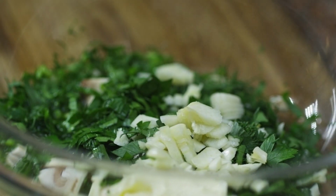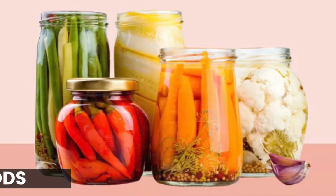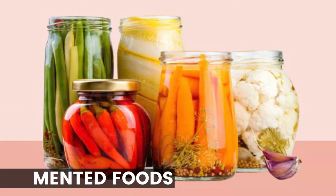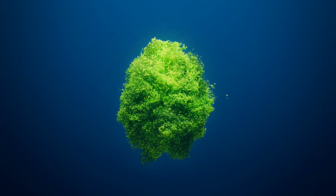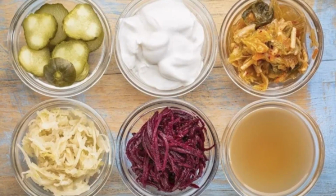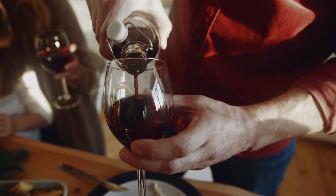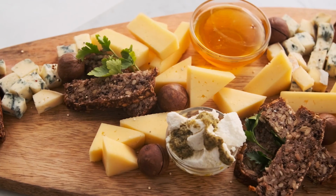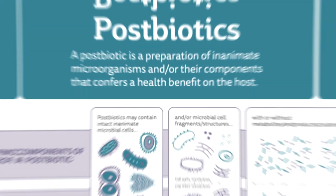Now, have some other fermented foods. It turns out that the fermented foods are not doing anything for probiotics. It turns out that they have these postbiotics already in there. And fermented foods like wine have postbiotics. And fermented foods like cheeses have postbiotics. And these are a class of